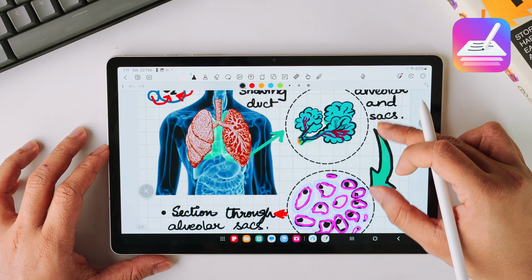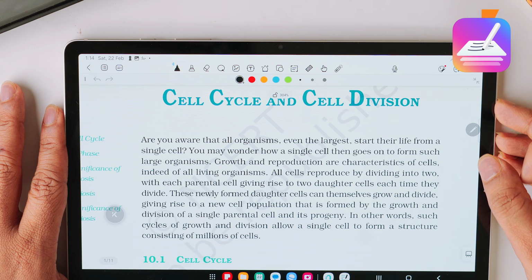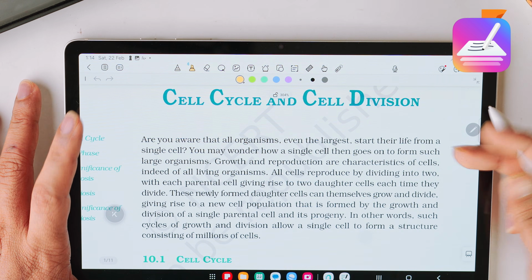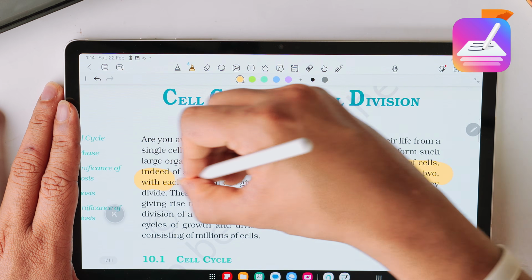Kilonotes is next on the list. This is another feature-rich app that you should try out. Firstly, let's talk about the UI before everything else. They follow a very minimal style of icons for all the tools that we have. This in hand looks very clean, but there is one feature in particular that I really like inside Kilonotes, and